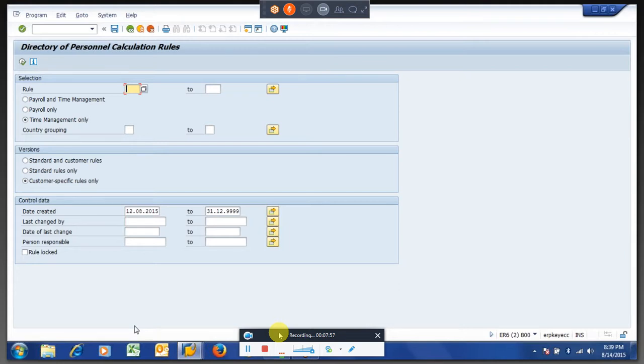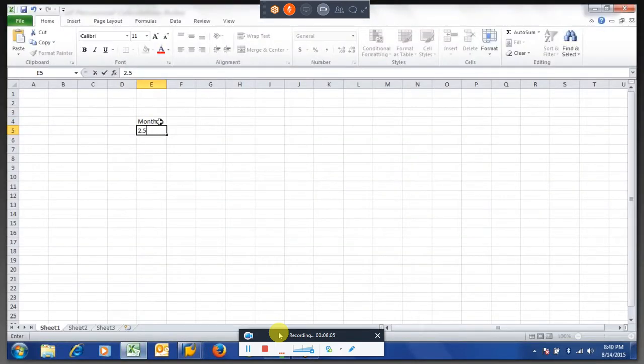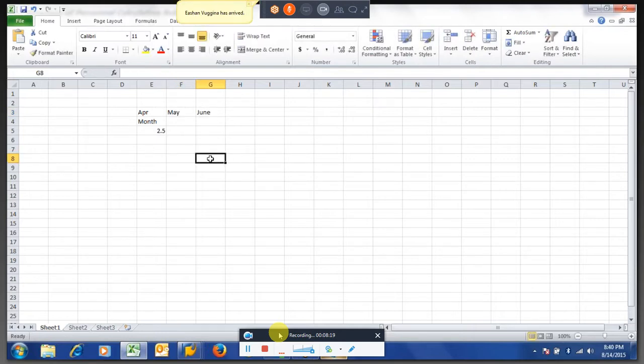Let us say here in our concept, anyhow, we built a logic like the monthly employee is eligible for 2.5, which is generating as of now, right? Whatever we have written. Let us say the employee joined in April, then May and June.